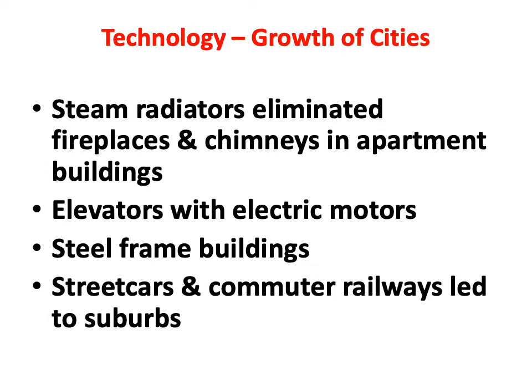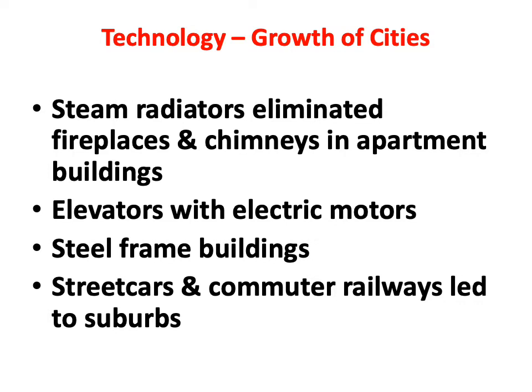They have a central steam plant, which, as the name suggests, boils water. The steam goes through pipes, and those pipes come along your apartment, in the wall or near the wall. And then you have a radiator, which looks a bit like a car radiator. The steam goes through there, and that gets hot, and that heats up the apartment. Well, the net impact of this is you don't have to have all this space for chimneys and fireplaces.